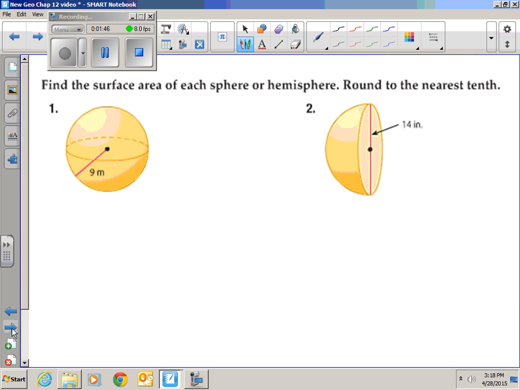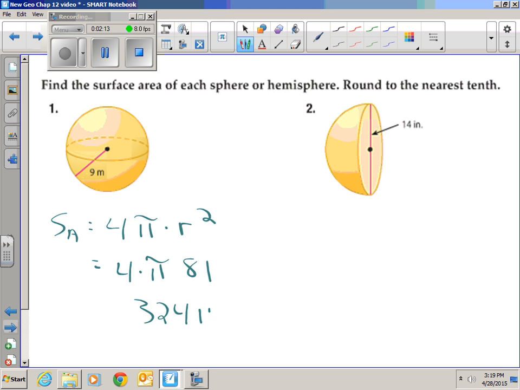Let's try a problem here for two. The first one, let's find the surface area of this sphere. Well, the surface area is going to equal 4 times pi times radius squared, which then becomes 4 times pi times my radius squared. Well, 9 squared is 81. 4 times 81 is 324 pi, which is equal to approximately